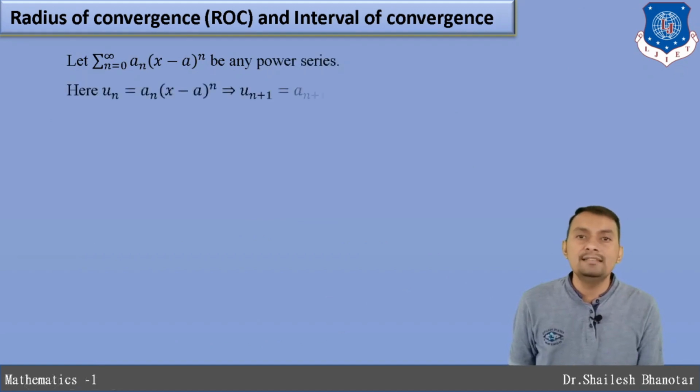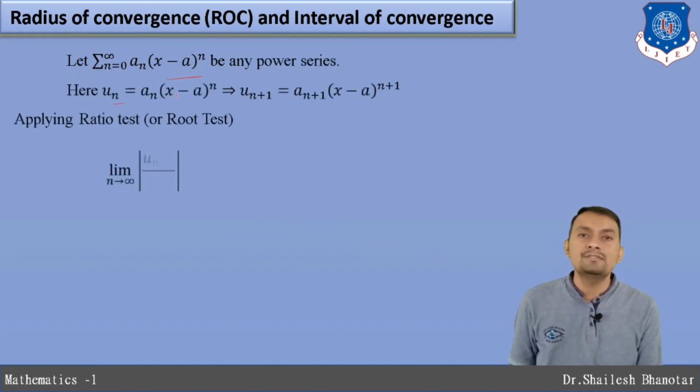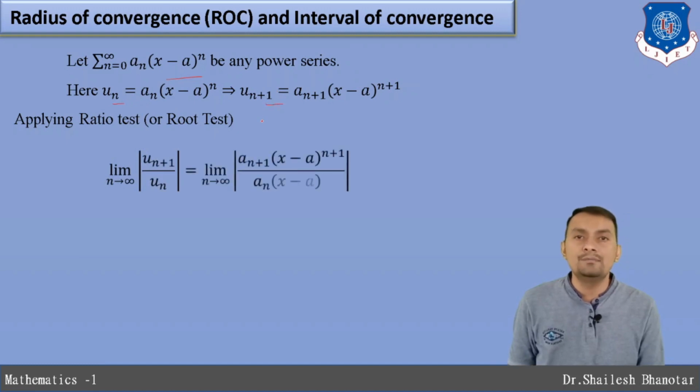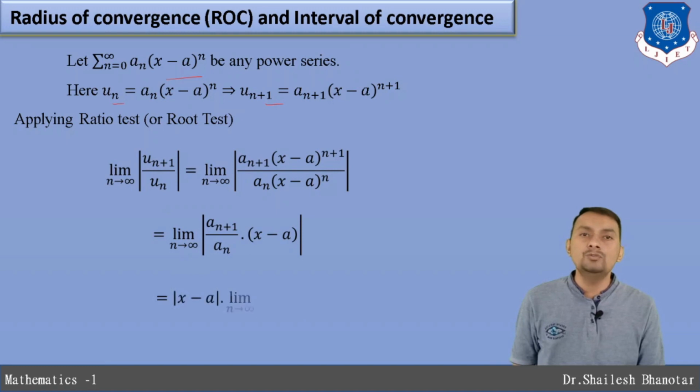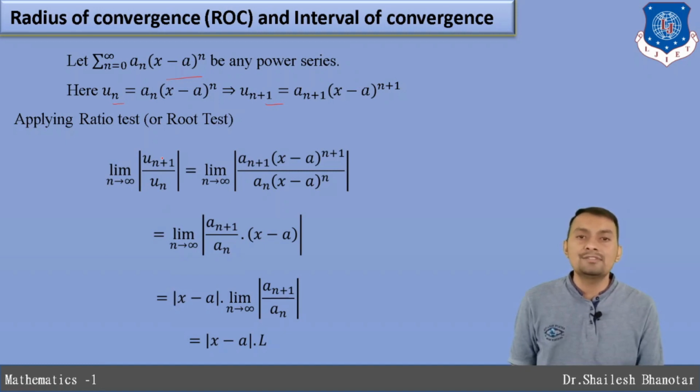So first we have this series. This is the power series, and from this we have un, so we can also derive un plus 1. Whenever we want to determine the radius of convergence, that is r, how can we determine it? For that we have to apply the ratio test. Applying the ratio test, or you can apply the root test, the absolute value of un plus 1 divided by un. Whenever we take the limit, first un plus 1 we can write, and when you simplify, x minus a raised to power n will be eliminated and you will be left with this one only. This is independent of n, so we can take it outside of this limit.